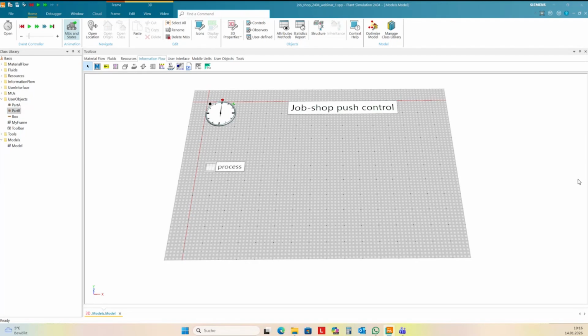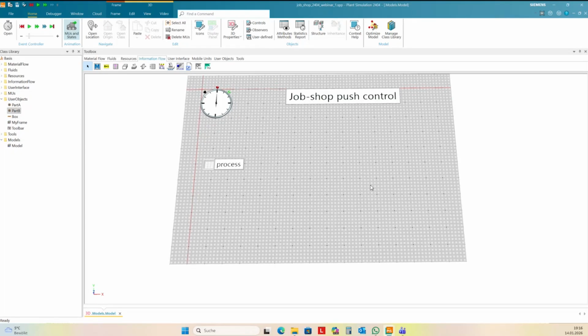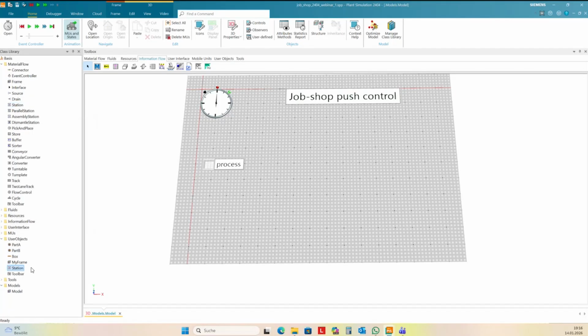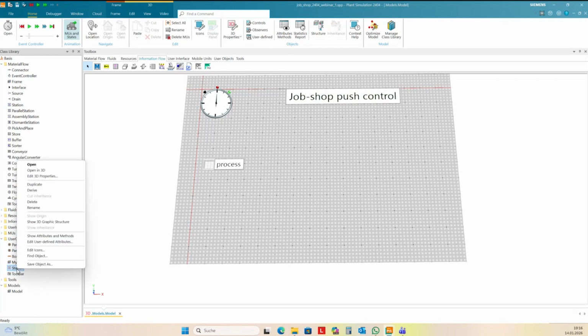Okay, now I want to create the basic structure of the production. Please duplicate this station, because at this station I want to change later on, and I first change the 3D.